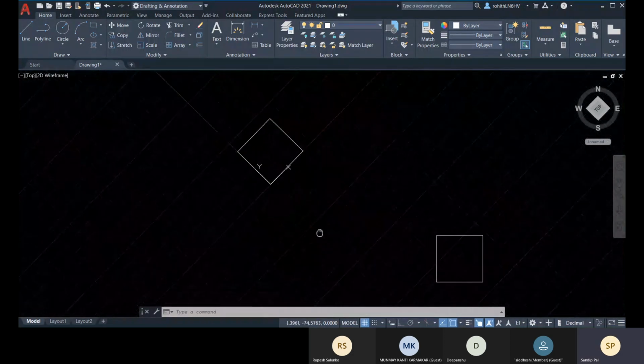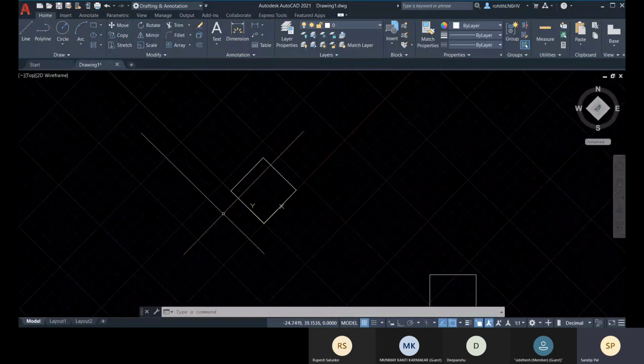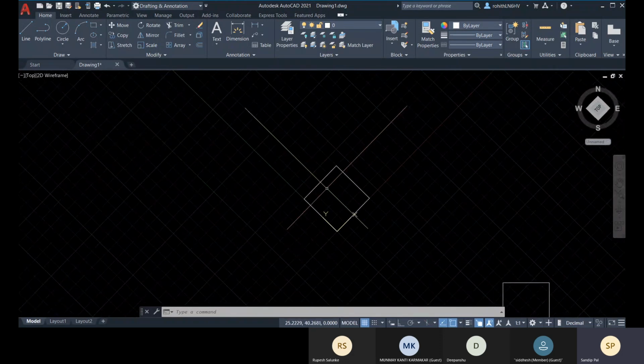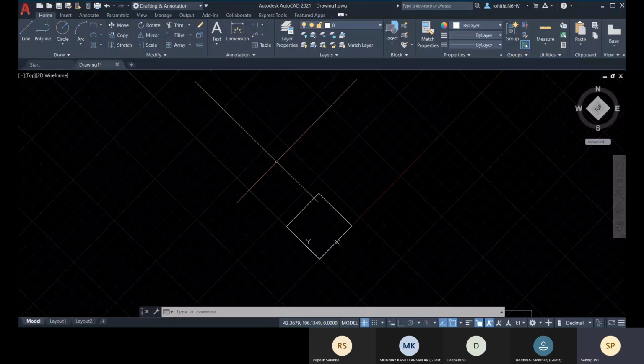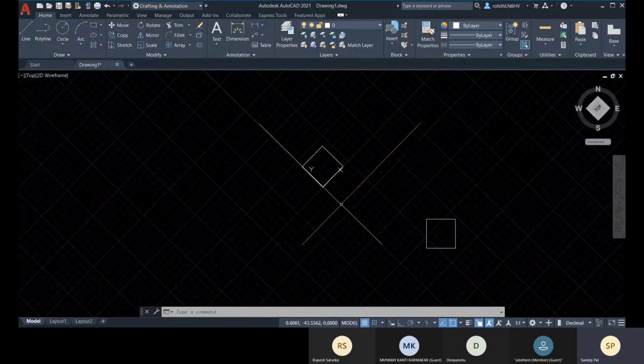Now suppose you have changed this UCS, and as per this direction, this is going to be the project north direction. So you will be working in this direction. Suppose, let's assume it, and you won't change this UCS.